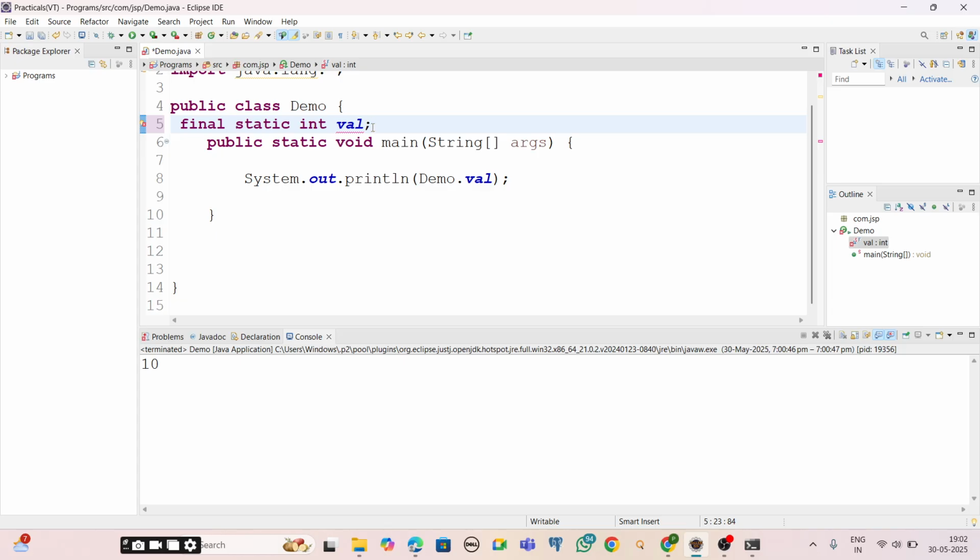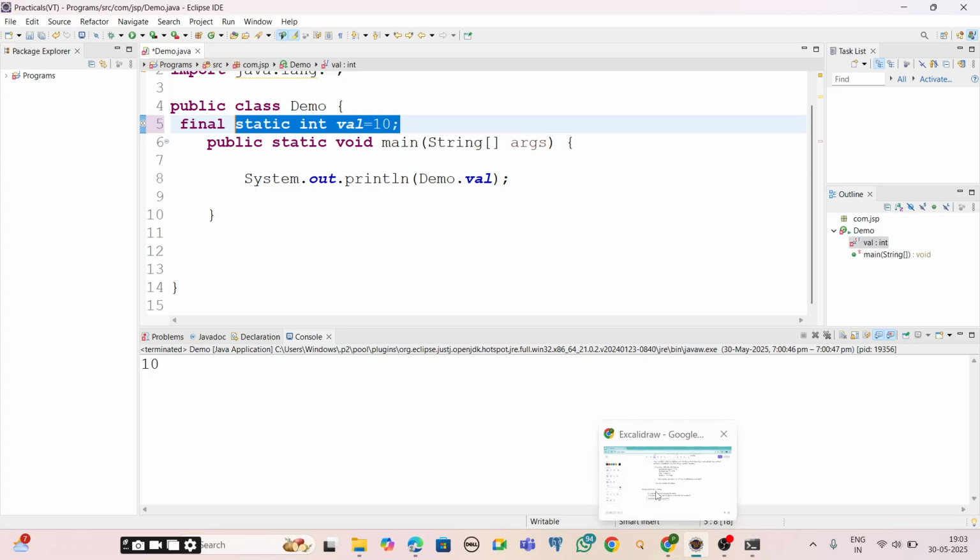If we want to do initialization, we need to do it either directly, or if the variable is static, we will be using static blocks. If it is non-static, we will be using a constructor. You will learn all of that later. For now, just remember that if the member variable is final, default initialization will not happen.